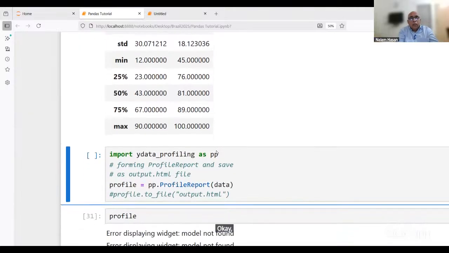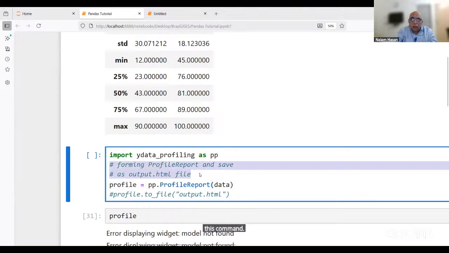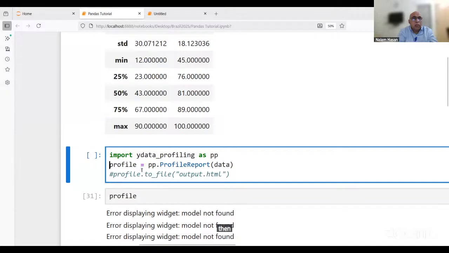Okay. Another very interesting and important thing is ydata-profiling in pandas. So if you import ydata_profiling as pp, I'm giving it some name. Then I run this command, pp.ProfileReport. In ydata-profiling, there is a function called ProfileReport. Notice that P is capital and R is capital again. All others are small. So I do pp.ProfileReport of data,